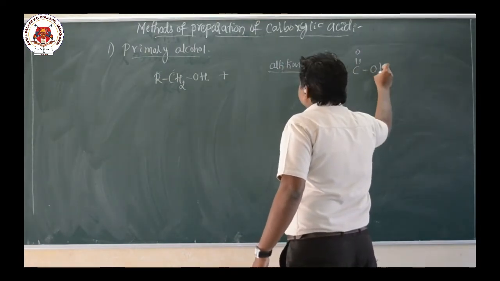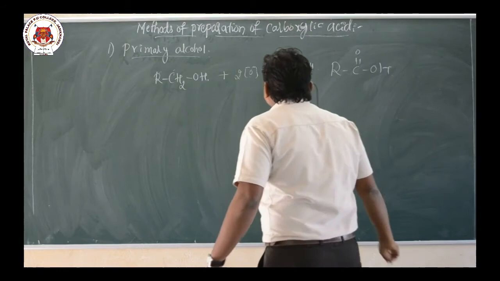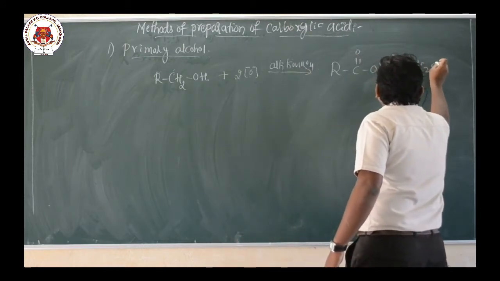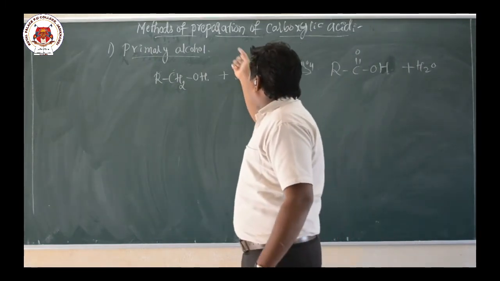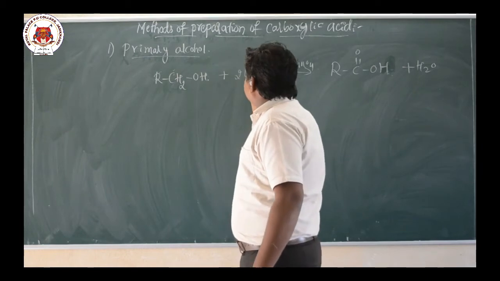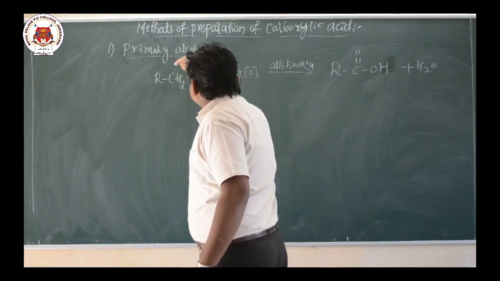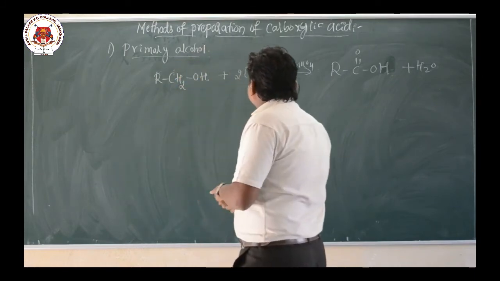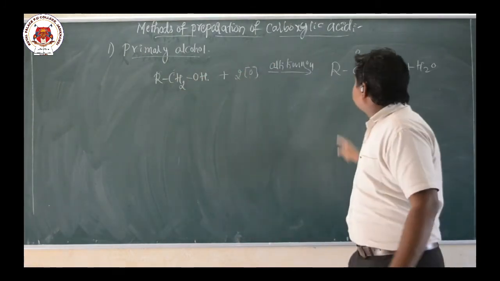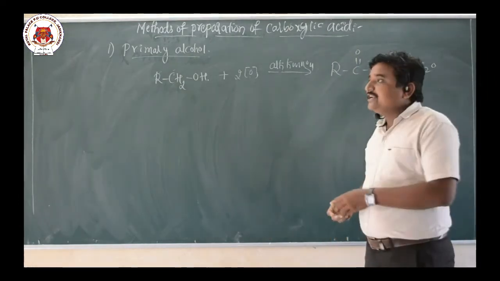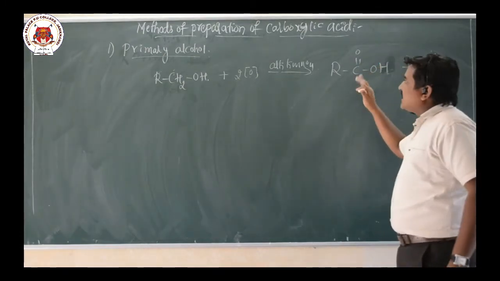Carboxylic acid. Now, addition of two oxygen atoms, plus liberation of an H2O molecule, this one OH. Now we are going to add two oxygen atoms. After addition of these two oxygen atoms, it becomes C double bond O, CO. Look here, observing this CH2 group, it is oxidized to a CO group. By the addition of two oxygen atoms, the alcohol is converted into an acid group.